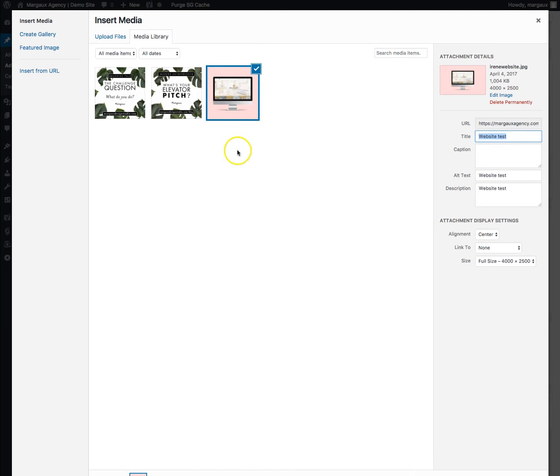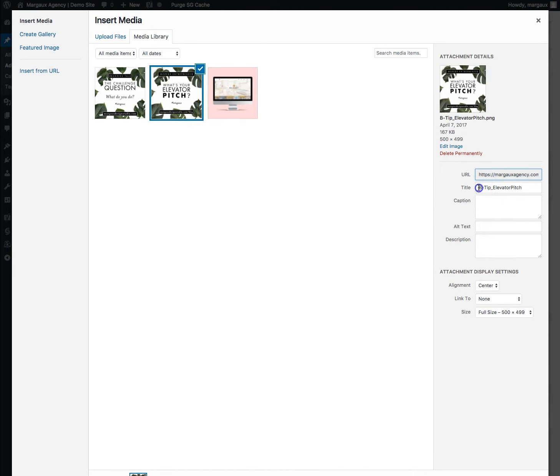You don't want to do it afterward and come back and be like, oh damn, this one's just called something generic and I still need to do my alt text. The alt text is where the important part is, and I'll do another video on some SEO stuff, but this is just your quick tip when you're uploading images for your blog post, because it's really important to do it right away as soon as you upload it. So if I were to just have uploaded this, it's going to give me something like this. So I'll change this name to